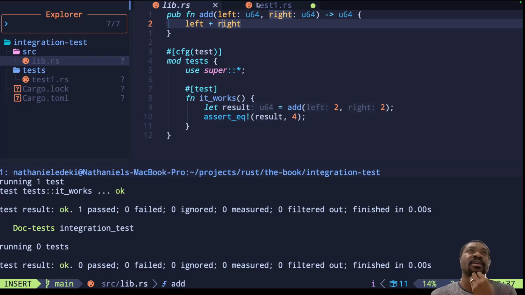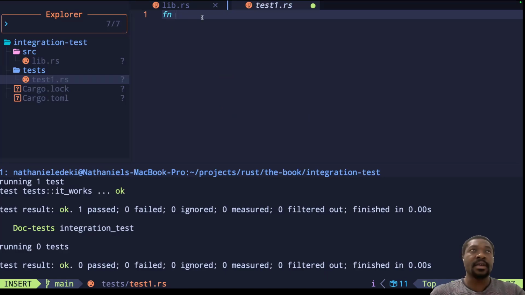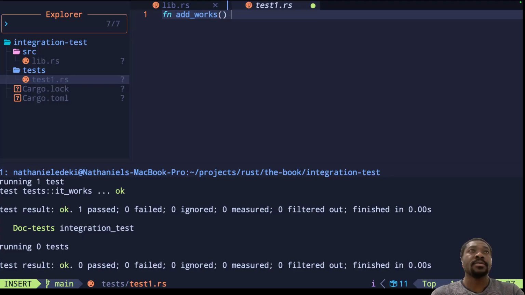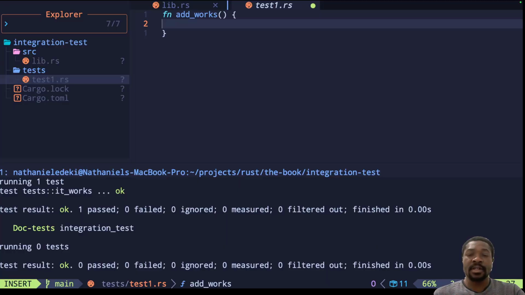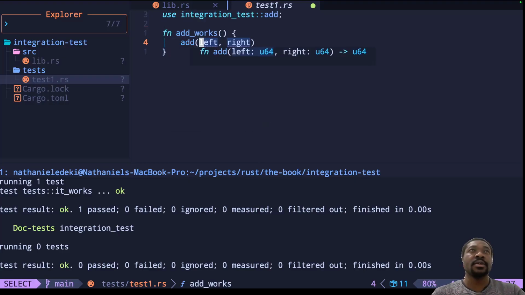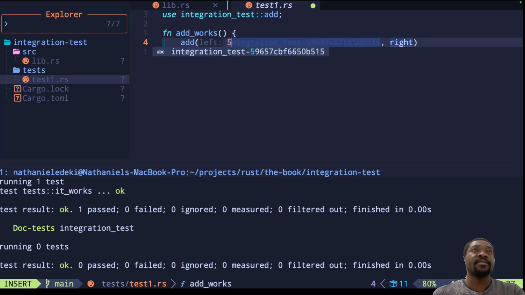Let's just do an add works, and then it should use. Are we going to be able to use the function there? It's public, so we can use it. I didn't bring it in scope, but because it's public, it's fine. So add 5 6,